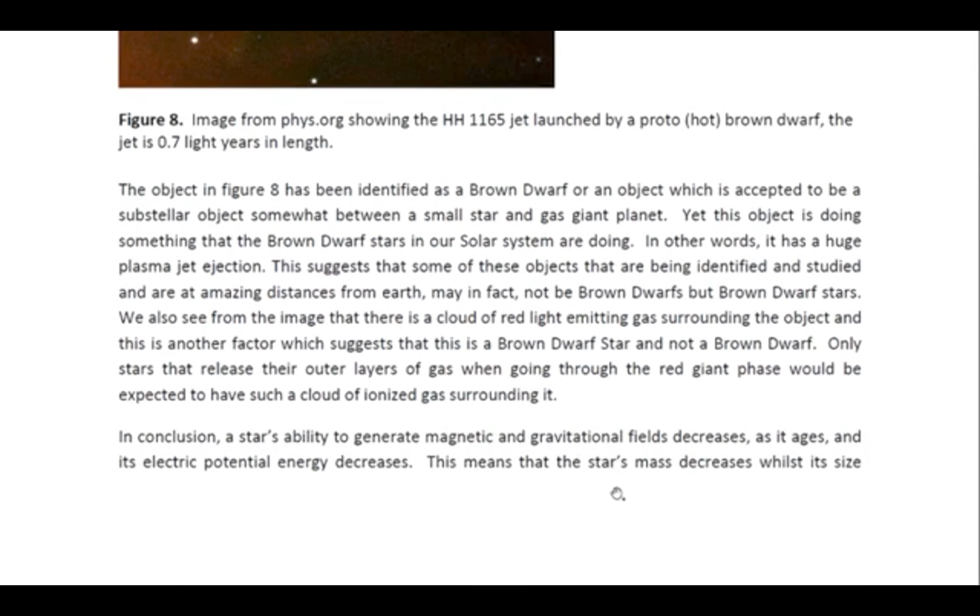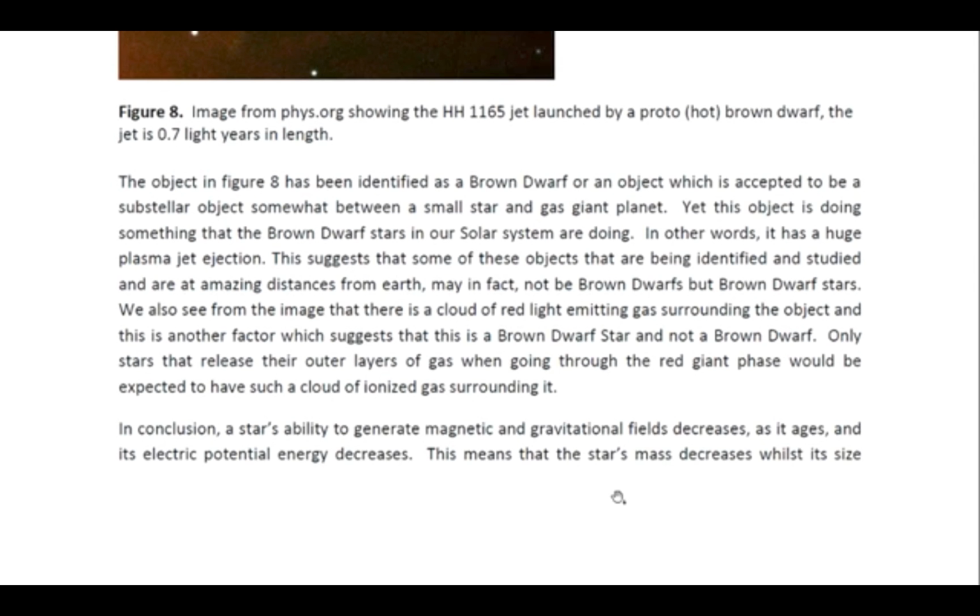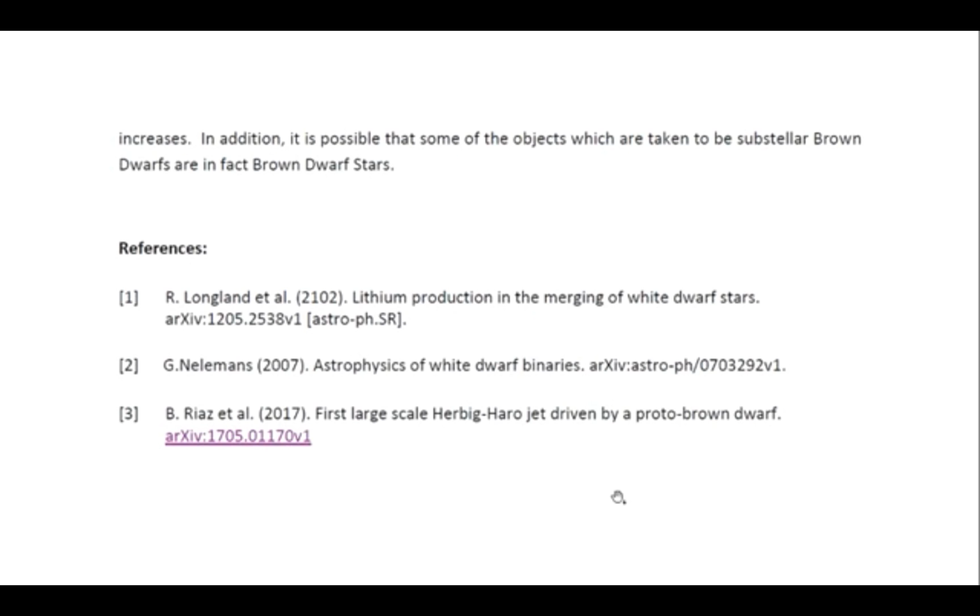In conclusion, a star's ability to generate magnetic and gravitational fields decreases as it ages and its electric potential energy decreases. This means that the star's mass decreases whilst its size increases. In addition, it is possible that some of the objects which are taken to be substellar brown dwarfs are in